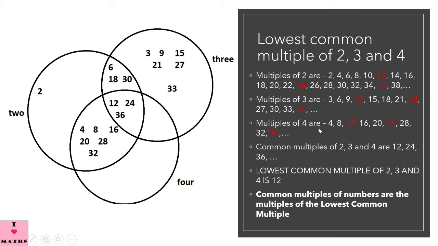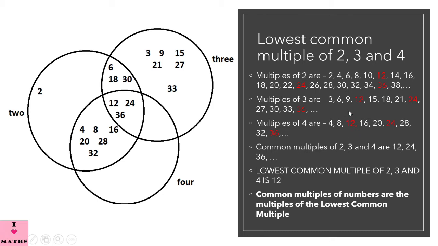Multiples of 4: 4 ones are 4, 4 twos are 8, 4 threes are 12, 4 fours are 16, 4 fives are 20, 4 sixes are 24, 4 sevens are 28, 4 eights are 32, 4 nines are 36, and so on. Now again, the numbers which have been highlighted in red, these are the common multiples of 2,